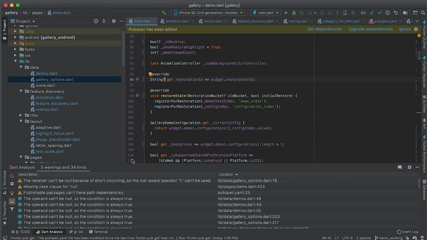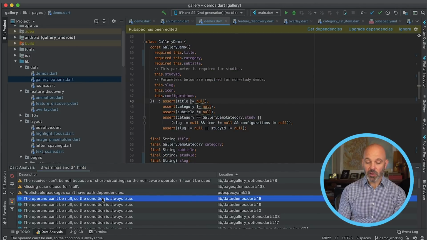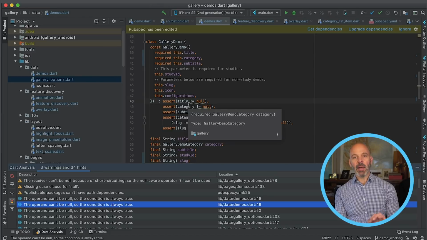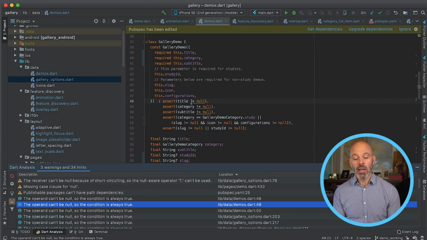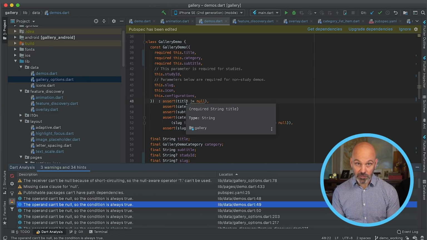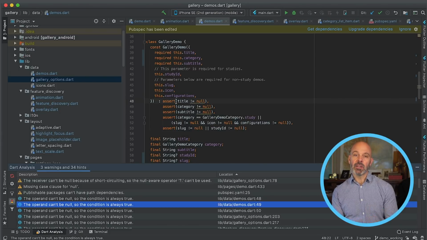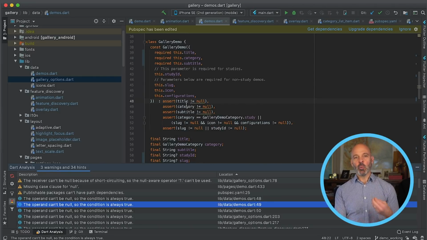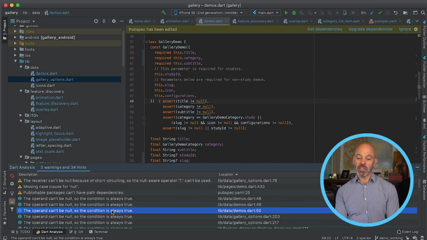So let me just point out here a couple more things around here. We have a bunch of informationals now that weren't there before. So what's going on with that? Well, one thing we can see is that there are a whole bunch of assertions which are now not necessary, right? These were assertions that were previously asserting that things that should not be null, that are not allowed to be null, were not actually passed a null value. Well, now that we've migrated this to null safety, the static analysis, the tooling, is sufficient to prevent this from happening. So the system is telling us that these assertions are essentially dead.